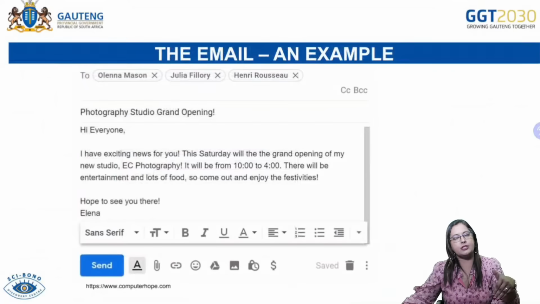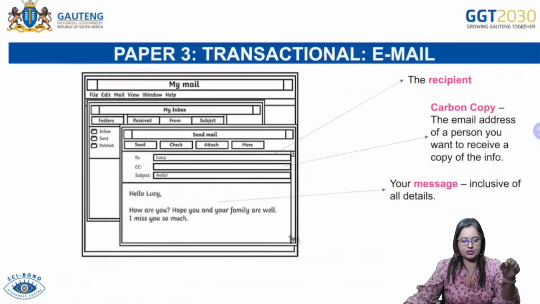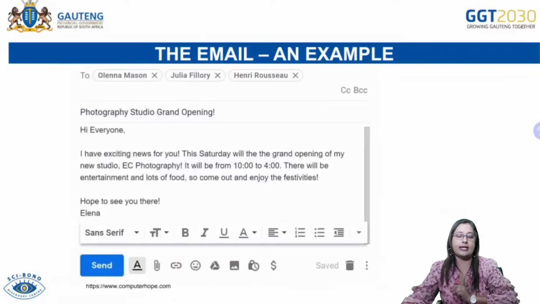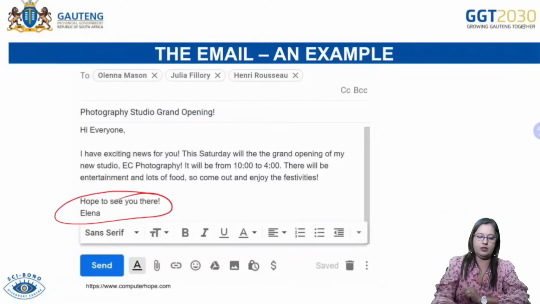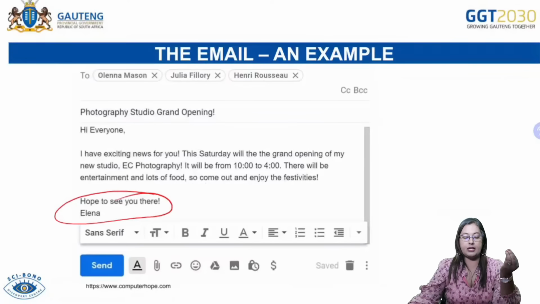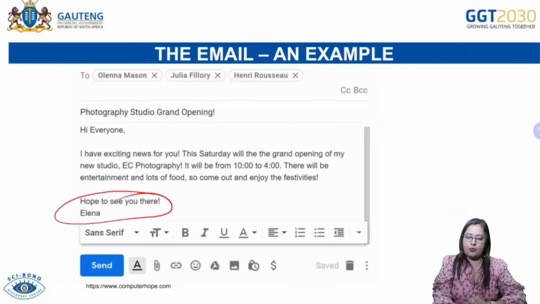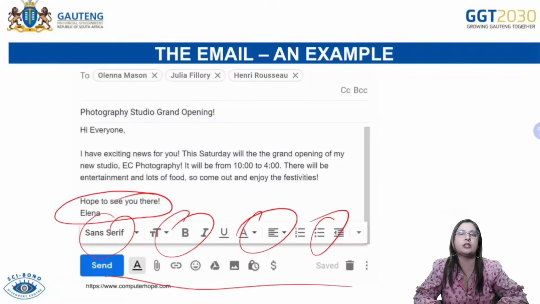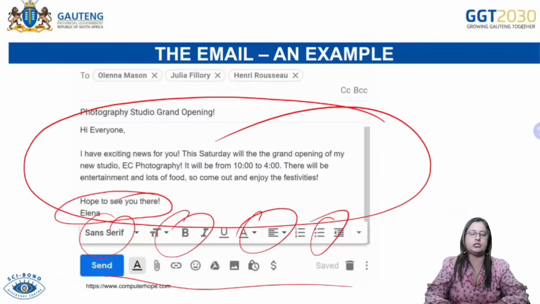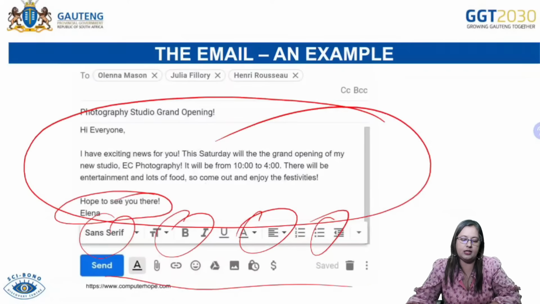And at the bottom of that you would then say, let's just go back there, sorry, where you have the signing off. Okay, here for example, you would say, hoping to see you soon, or whatever it is, depending on the topic, again relating to the topic, and then a person's name underneath that. Okay, signing off. Now we don't expect you to put all of this information on the email, because that's what the computer screen will give us. All right, we are only interested in this part here when we are marking the email.